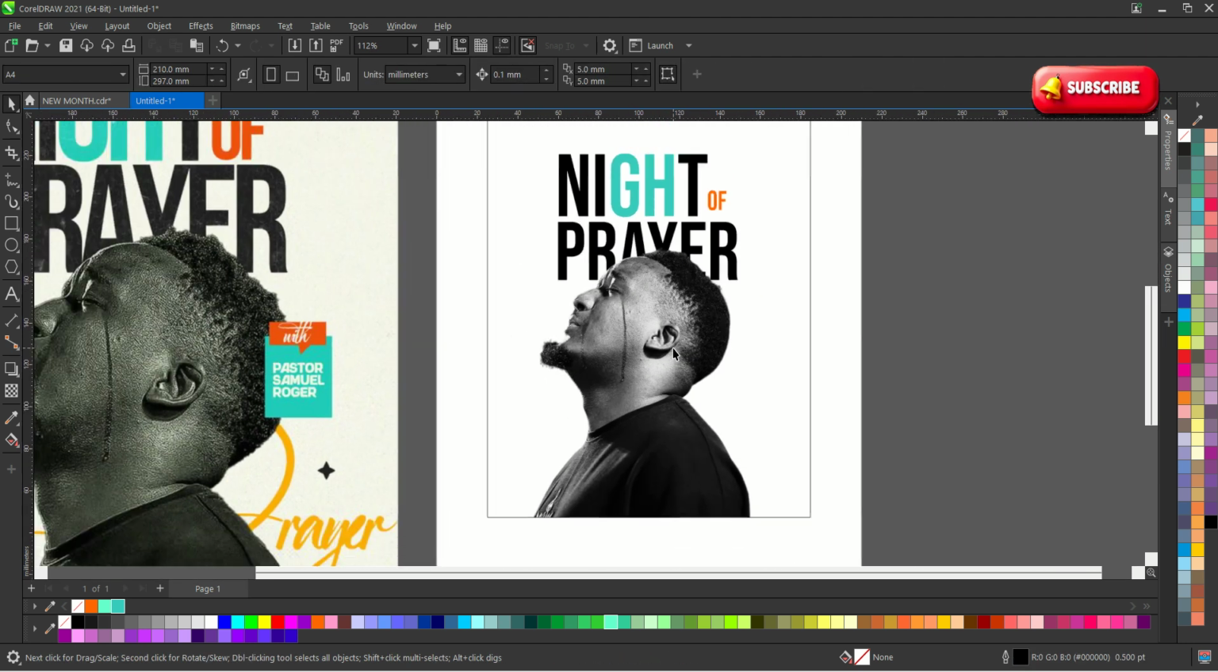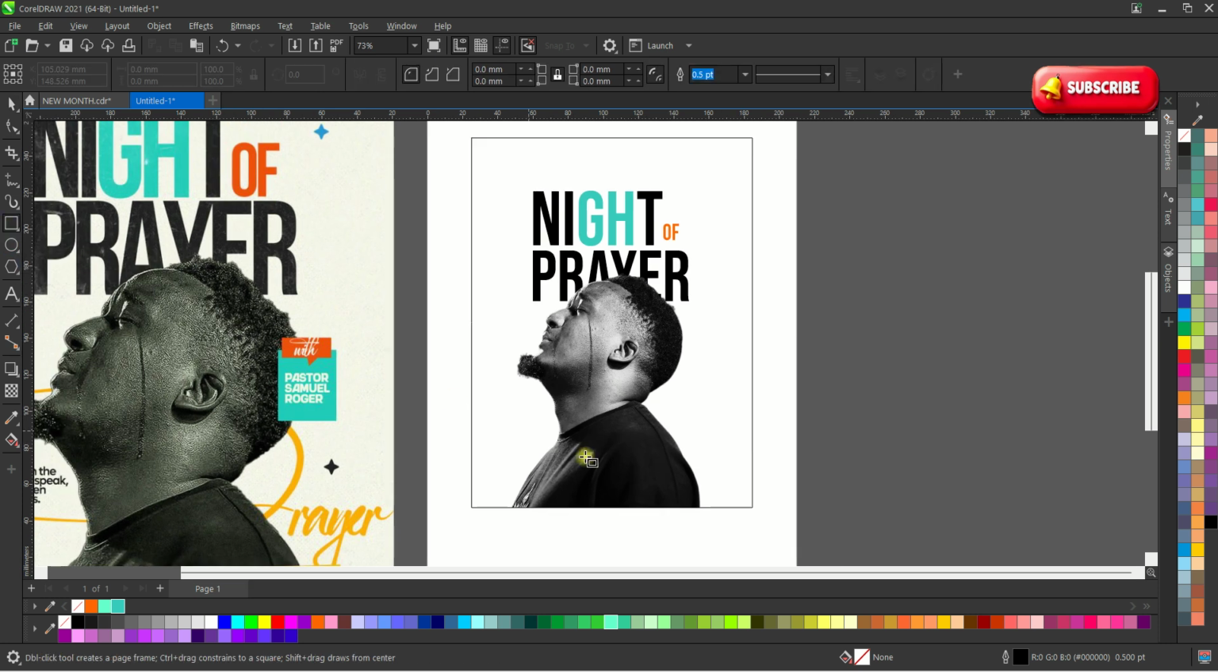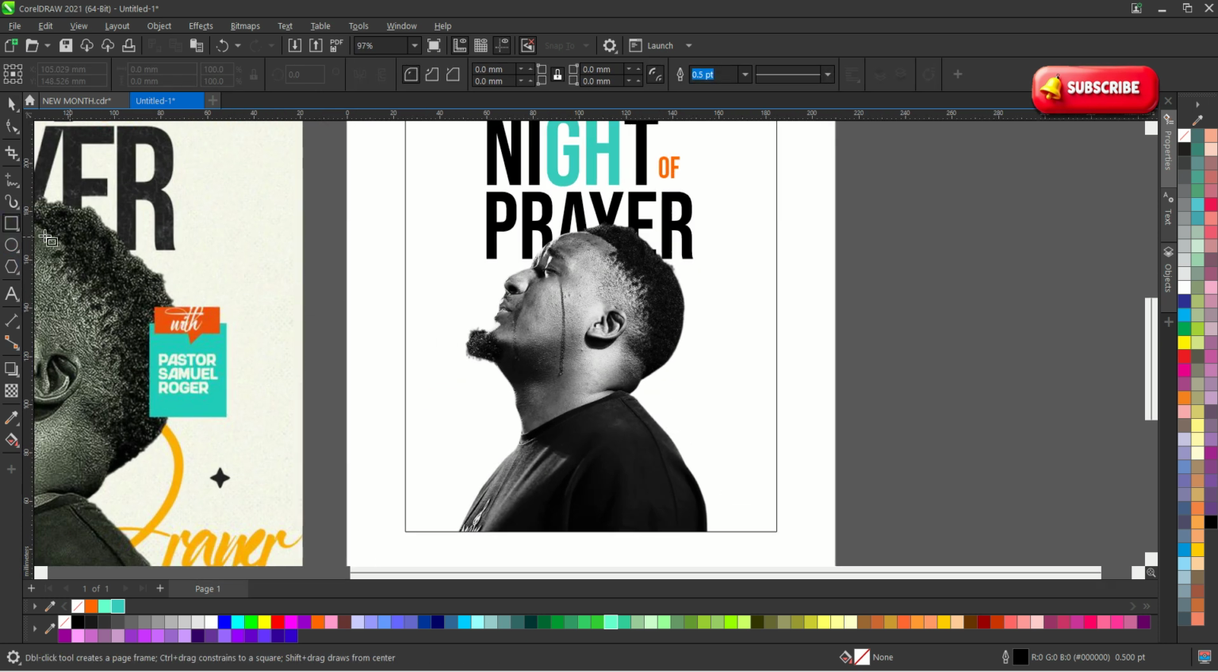Please, please, and please don't hesitate. Then select this rectangle here, and then right, you can now just drag a rectangle like this. And then from here,